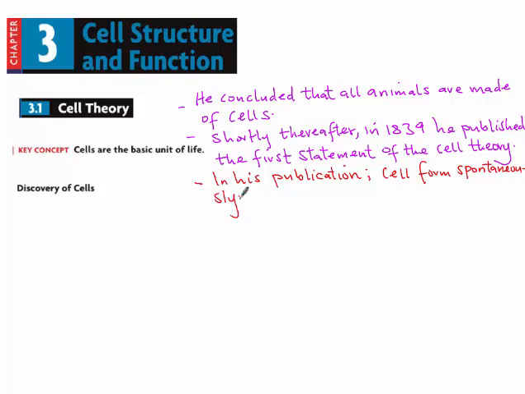By spontaneously, he meant that cells really form from nowhere. They just happen to be, which was not right. So as people continued with research, they proved him wrong. Later it was discovered by another scientist, in 1855,